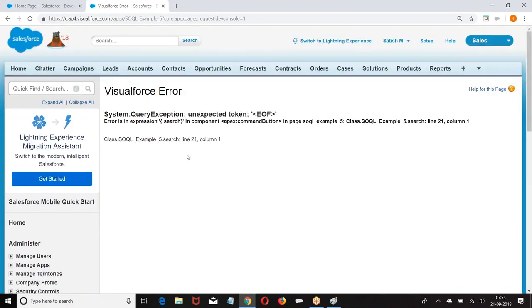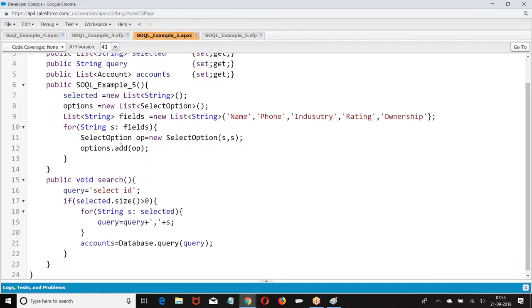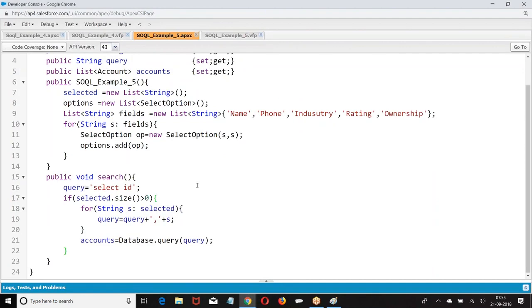What was the error here? Line number 21. So what was the query? Right, a basic mistake I made. Query equal to query plus from, but I did not mention which object; I just added the fields.